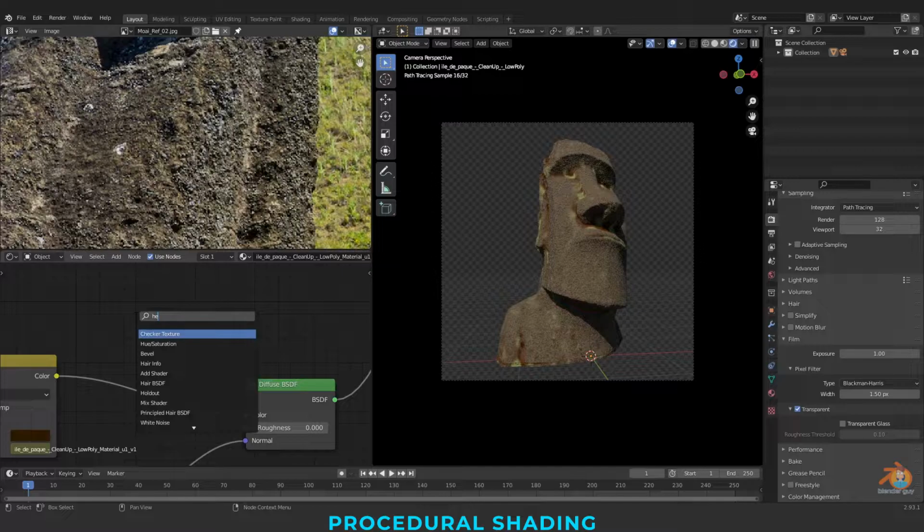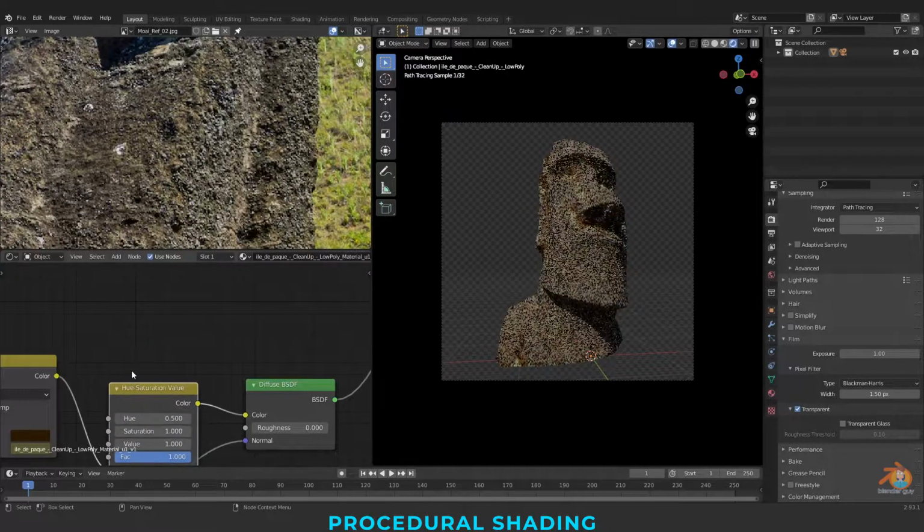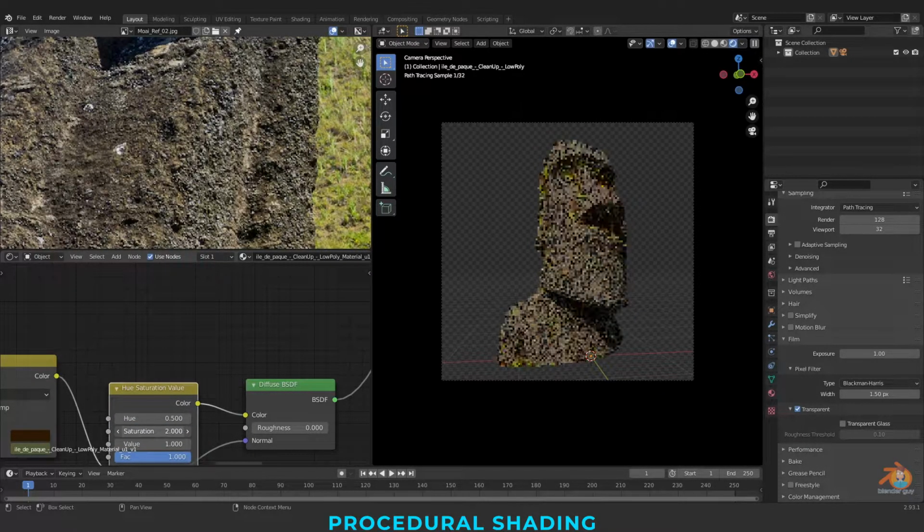Taking a hue saturation here, decreasing the saturation.